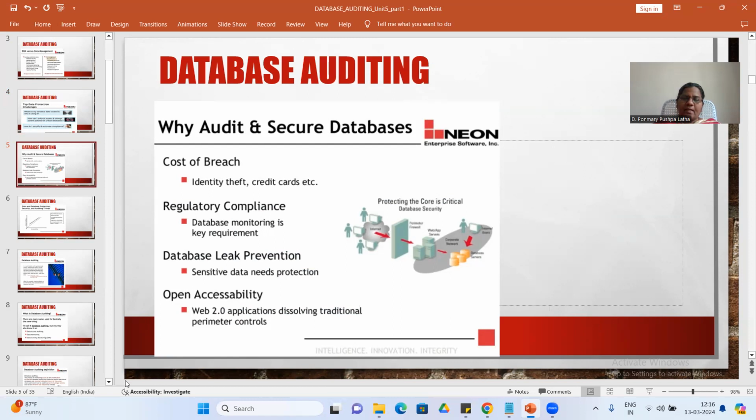Then database leak prevention. Your sensitive data has to be protected. And the open accessibility: Web 2.0 applications are dissolving the traditional perimeter control, it's beyond the traditional perimeter control.